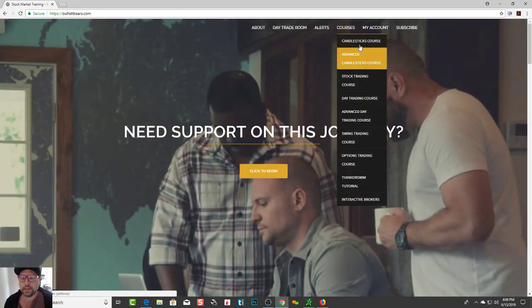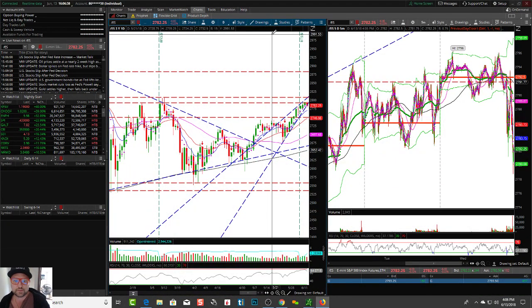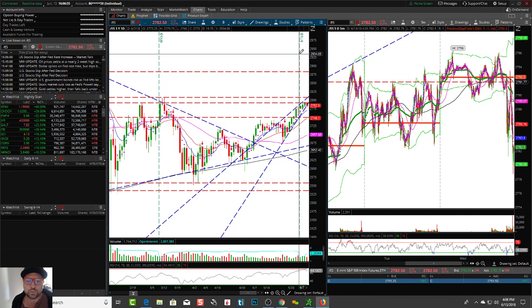Number one, candlesticks first. Candlesticks tell the story of the battle between the bulls and the bears. And that battle forms patterns, and those patterns form support and resistance. You cannot become a successful trader without knowing patterns. Bottom line, you can get lucky for a little while, but eventually luck will run out.